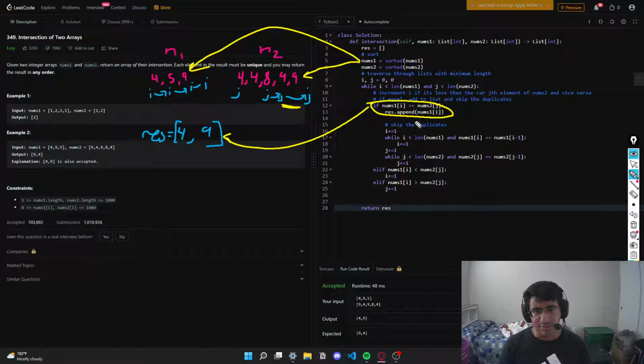So first of all, when two numbers are equal, we're going to increment I and J, because we don't need to evaluate those numbers anymore. Then we just want to say, while, first of all, I must be less than the length, and also the current element must be equal to the previous element. If that is true, keep incrementing. Same thing with J. And then the last two statements, if